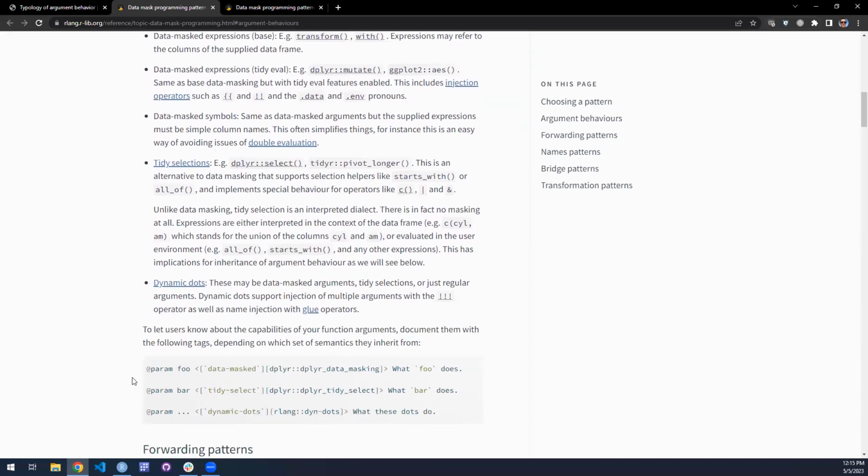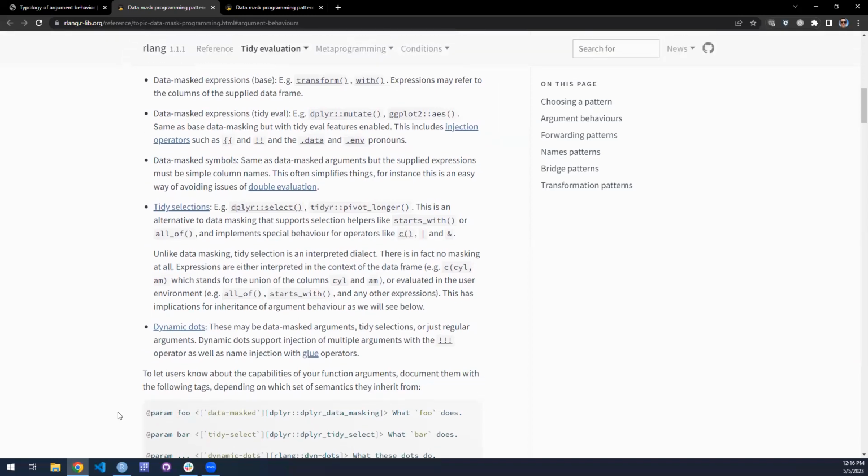I'm aware of dynamic dots and tidy selection and stuff, but it's a little bit more abstract to me exactly where the masking happens and how it is dealt with. But this is what I should have as core understanding in order to understand